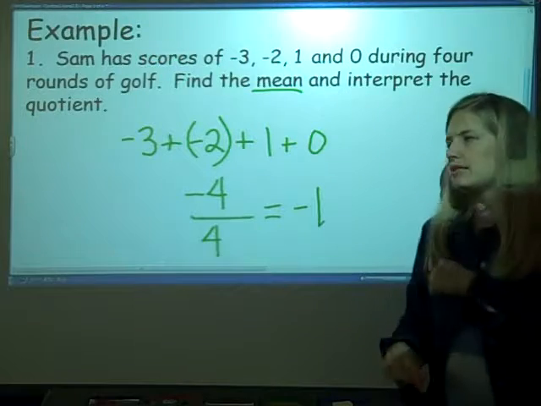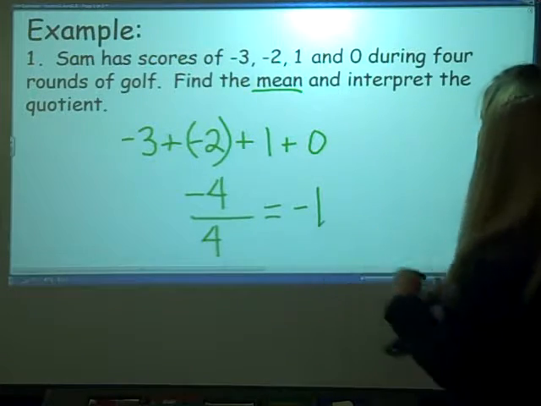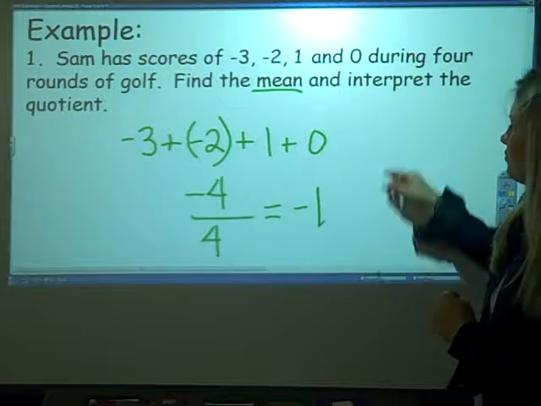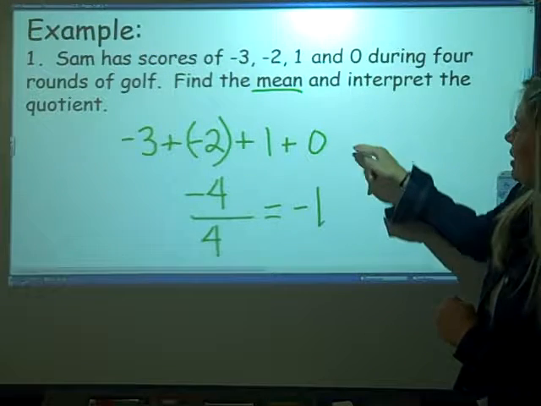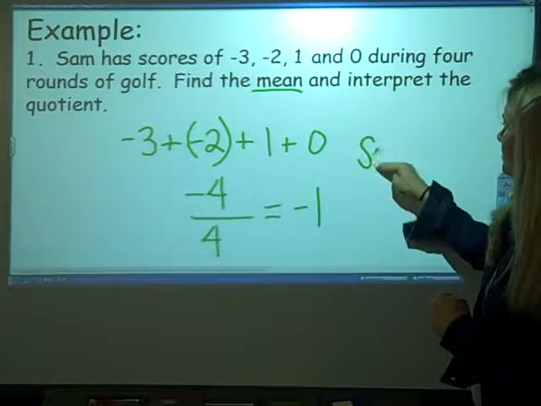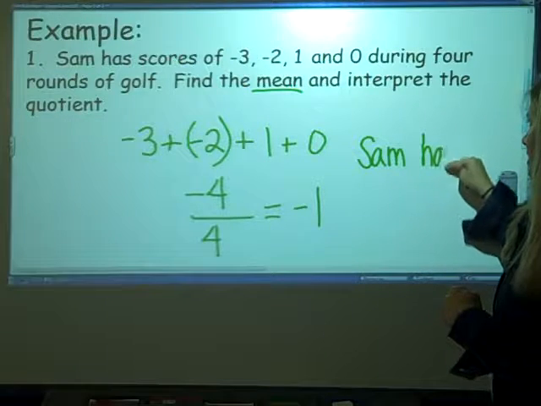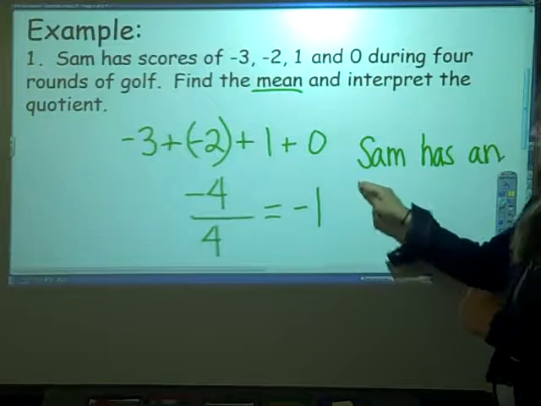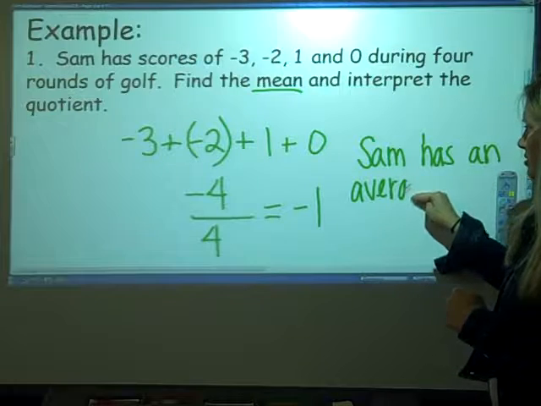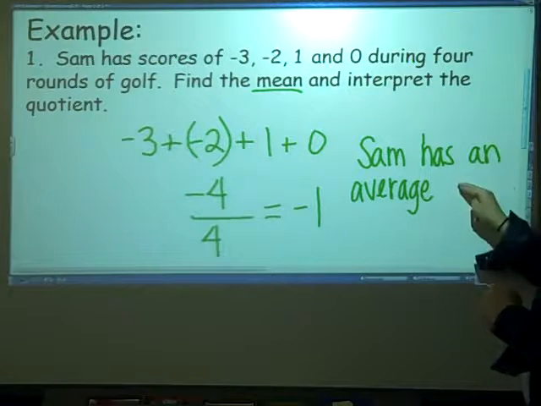Now, what this means is that we are 1 under par in golf. So interpret it, it means Sam has an average golf score